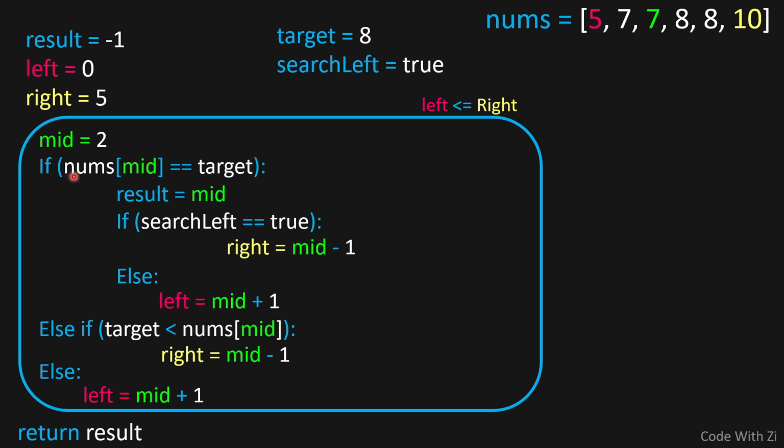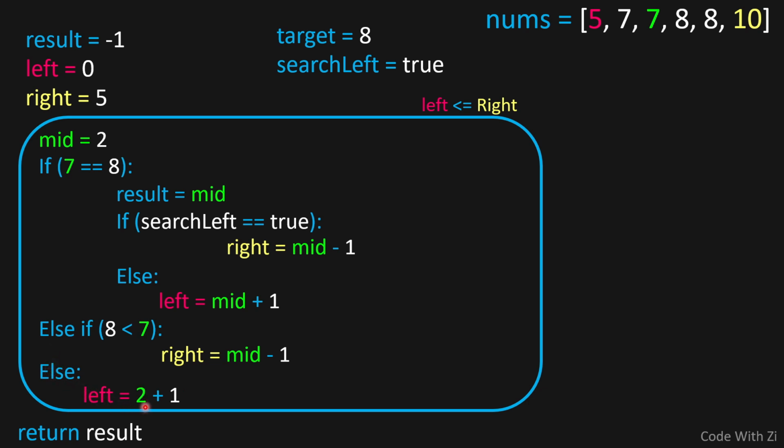Then we're going to ask: is nums of mid, meaning 7, equal to our target, meaning 8? Well, no, 7 is not equal to 8. So we're going to ignore all of this. And we're going to check if target, meaning 8, is smaller than 7. Well, 8 is not smaller than 7, so this statement is also false, and we're not going to get inside of this if statement, and we're going to fall inside the else, and we're going to say left should be